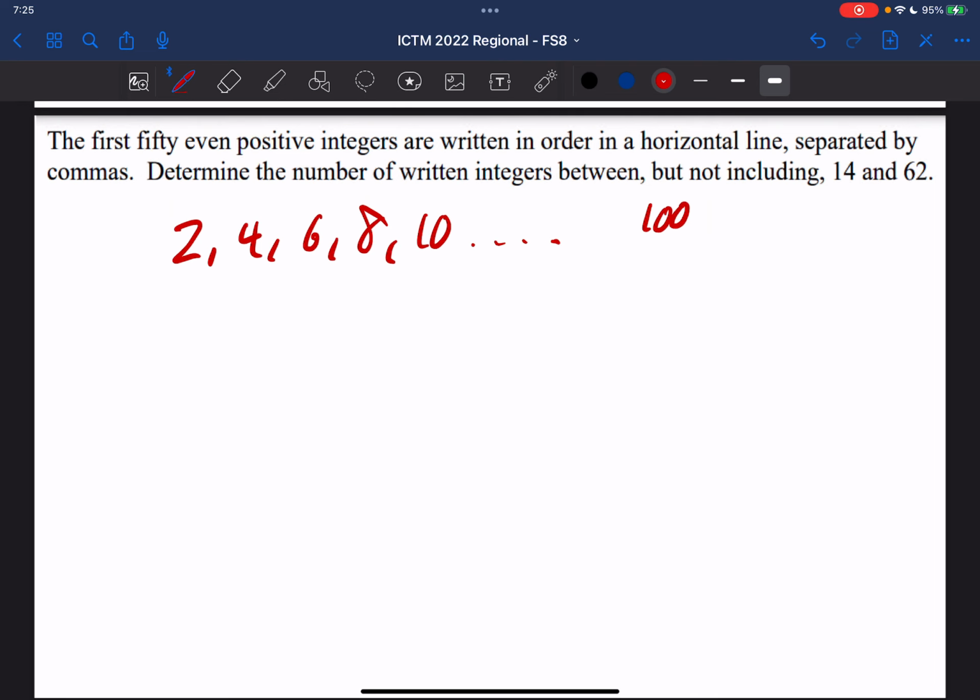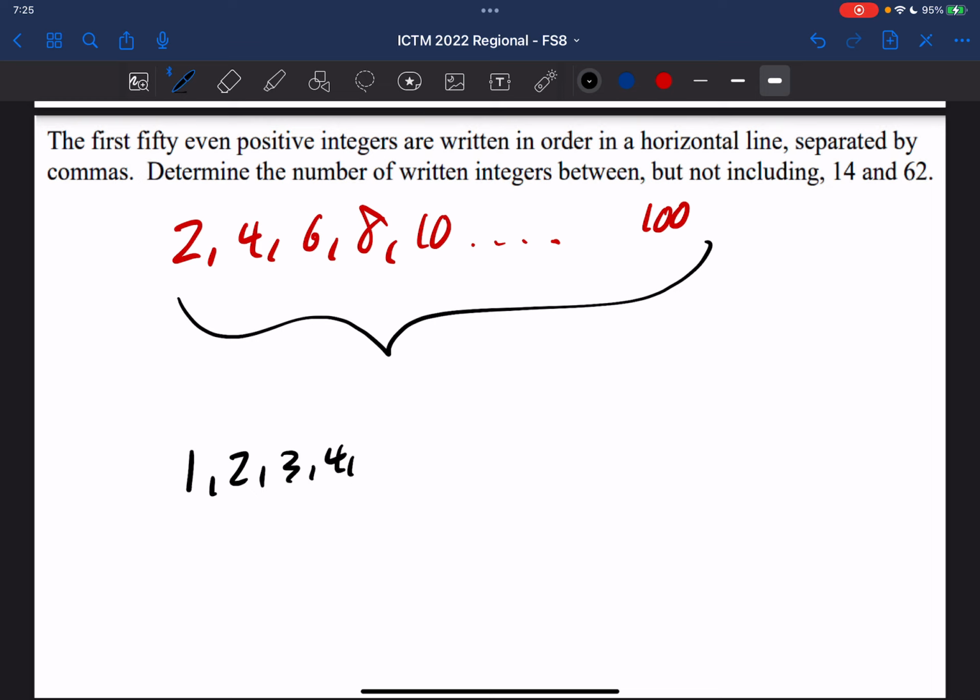Now, we can make this problem just a little bit easier if we say, well, this is the same thing as 1, comma, 2, comma, 3, comma, 4, comma, 5, ... 50. Now, up here, we're asking about the number of integers between 14 and 62. Now down here, well, if we just divided that by 2, the number of integers between 7 and 31. Okay. Well,